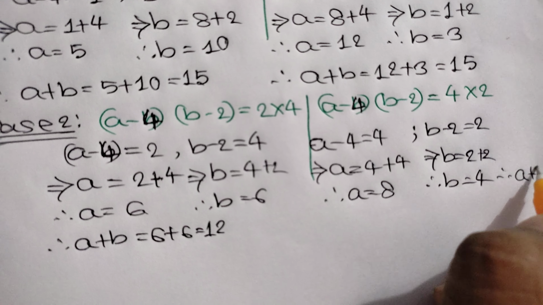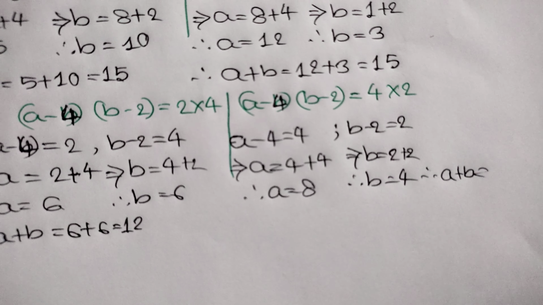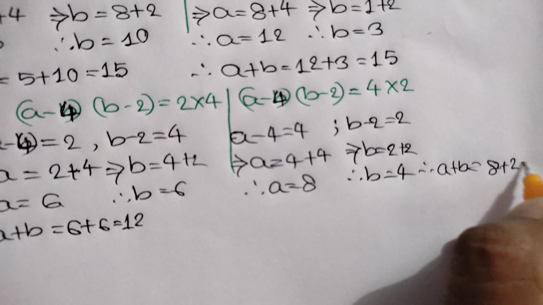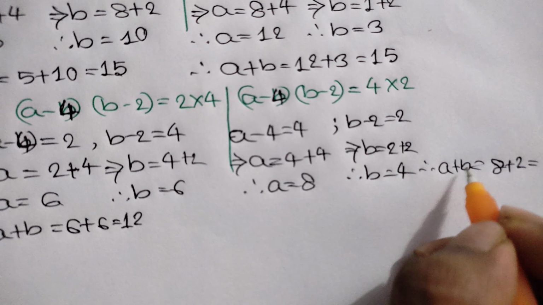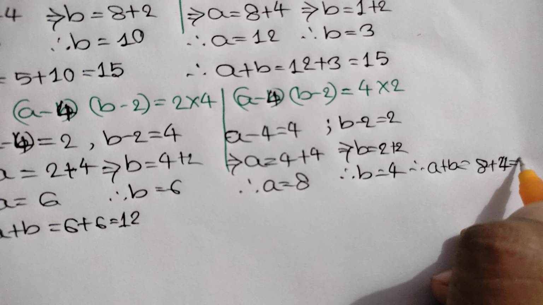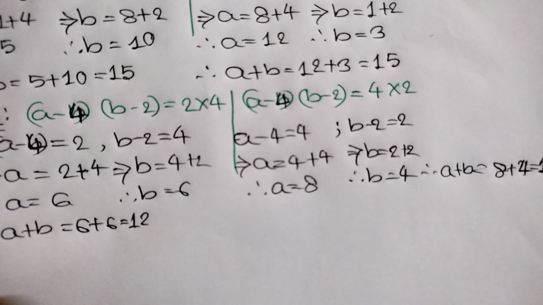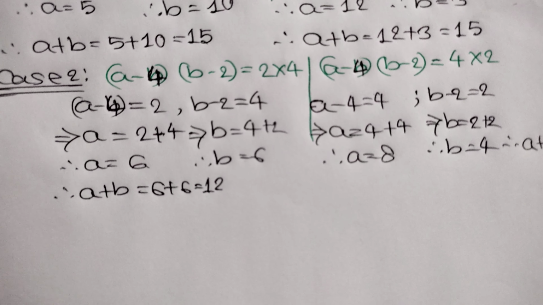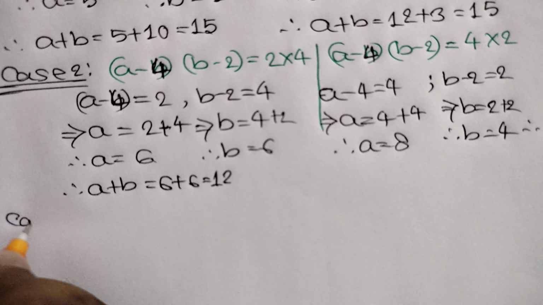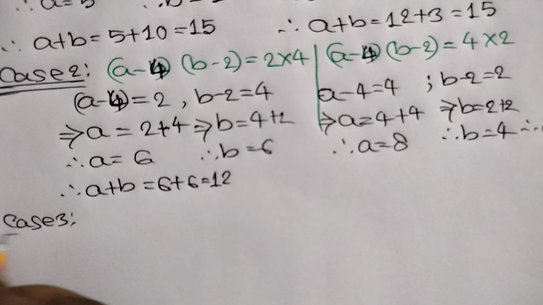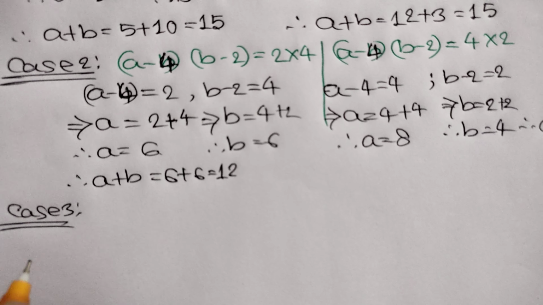So a plus b is equal to 8 plus 4 is equal to 12. So the second value of a plus b is equal to 12. Now case